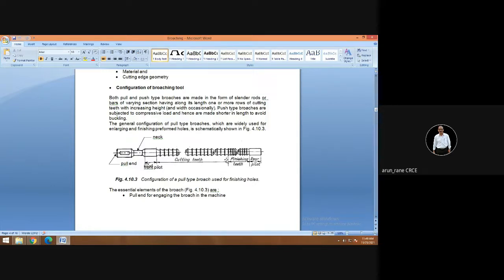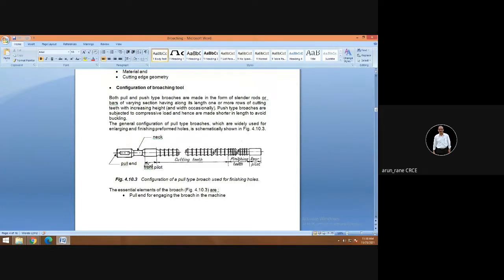So the last teeth will conform to the size of 20. Then you have again a finishing teeth of 20. Finishing teeth is also called the burnishing teeth. Like when we do shaving, for the last cut we just apply the razor 2-3 times, or with a face pack at the last finishing we apply it 2-3 times. Similarly, we have finishing teeth of the same size, diameter 20, in order to get